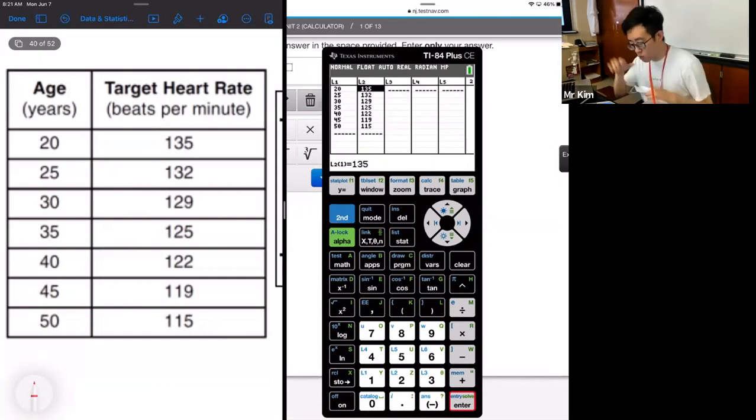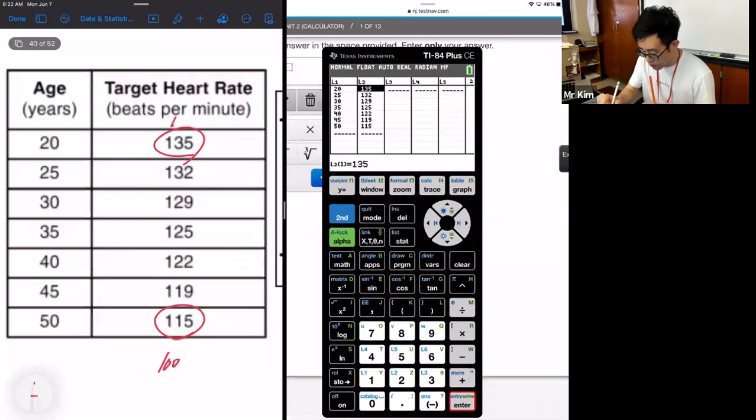And for Y min, Y max, make it appropriate for the heart rate. So lowest 100, highest 150. Because we really don't want to use the data points, that's on the window setting, that's actually on the table. So from 100 to 150 for Y min and Y max, and 0 to like, I don't know, 60 for X.